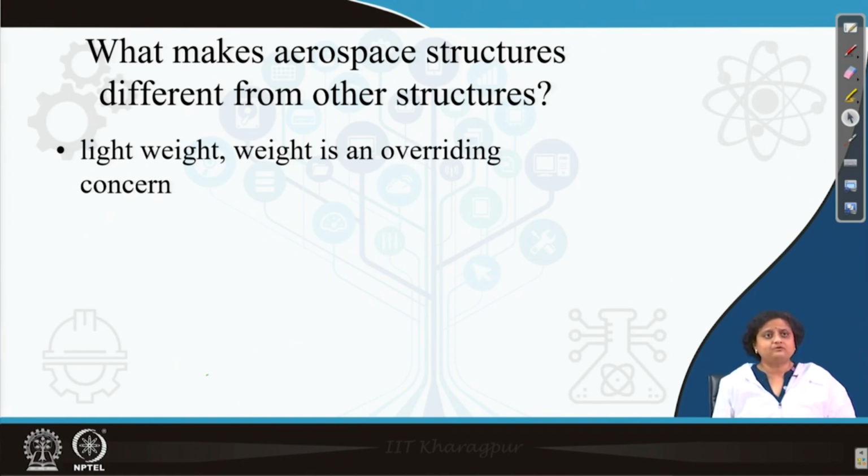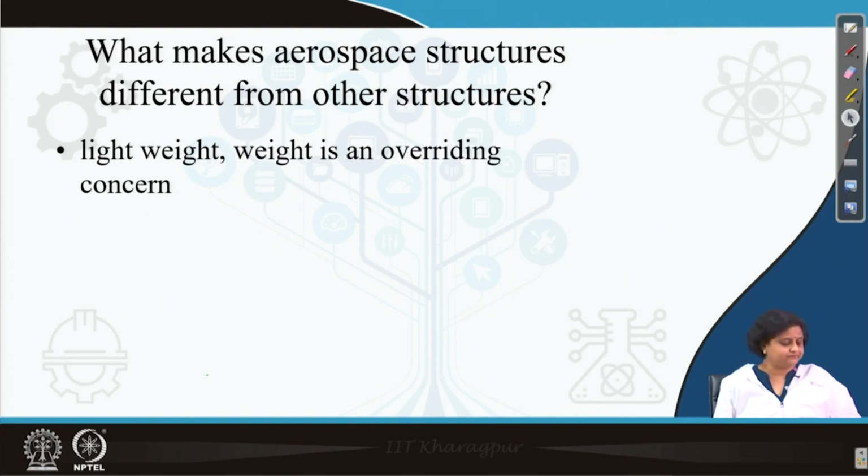So, for aerospace structure and aircraft structure, at every step of the design, there is a person who checks what is the weight penalty because of any design that we do or any change that we make